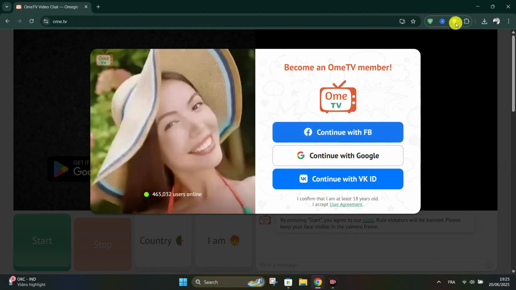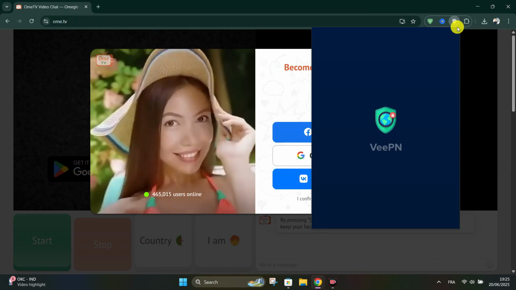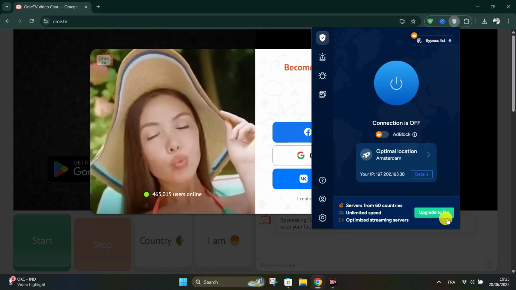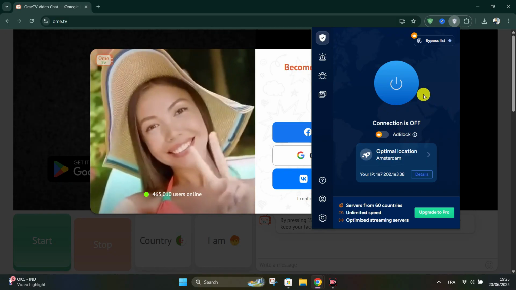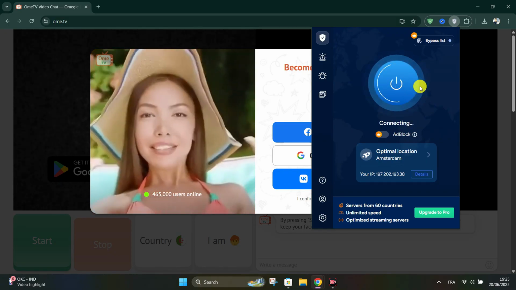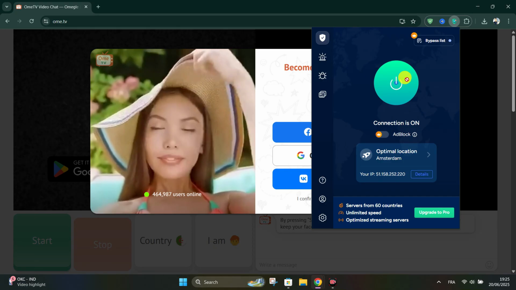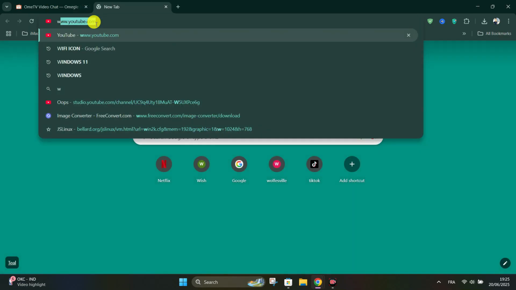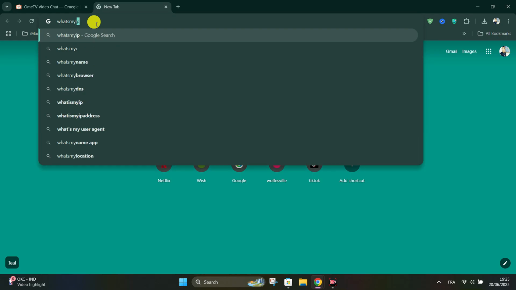Firstly, OmeTV bans your IP address, not your device. A VPN assigns you a new IP address, which gets you around the ban. Just download a reputable VPN such as ExpressVPN, NordVPN or ProtonVPN. Launch the VPN app and connect to a different country or region. Verify you're using a new IP address by checking it at